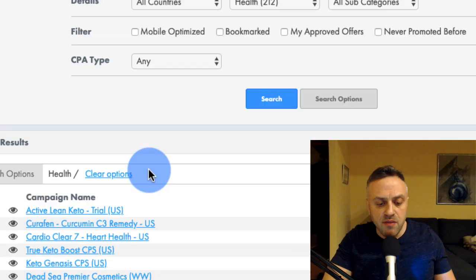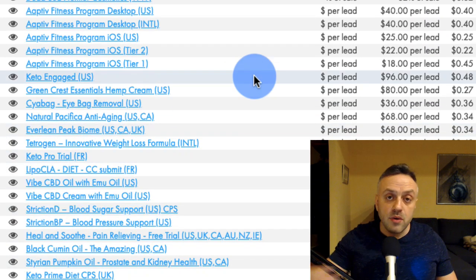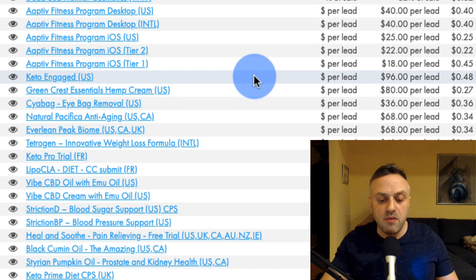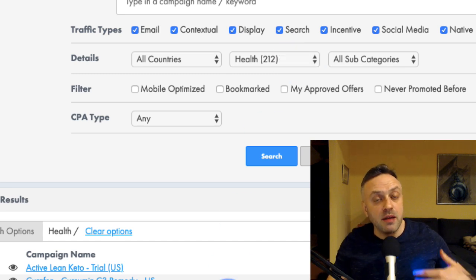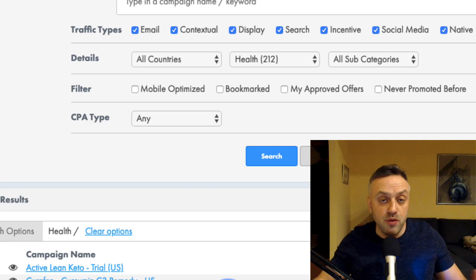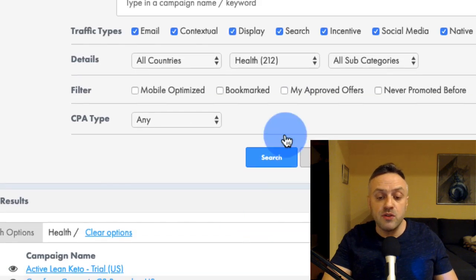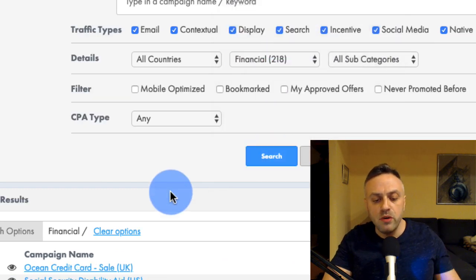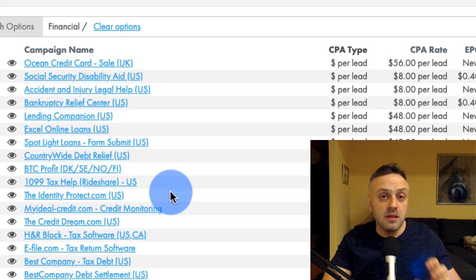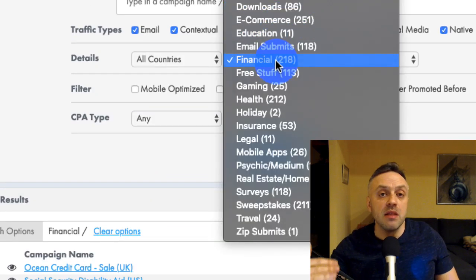Health is full of heavy claims. There are people making all kinds of claims. Here's a keto diet, take this pill, you're going to lose fat, you're going to gain muscle, et cetera. Facebook is not a big fan of health offers as well, because they want these claims to be backed up by research, backed up by science, and not many of these claims are actually backed up. Of course, it depends on the actual offer. And so things like dating, health, financial, there's a lot of Bitcoin offers. Bitcoin is also a very sensitive thing on Facebook. You have to be approved to do Bitcoin. And so all of these niche offers, I call them mid-level offers, okay?